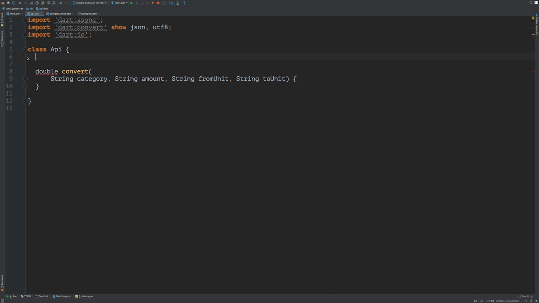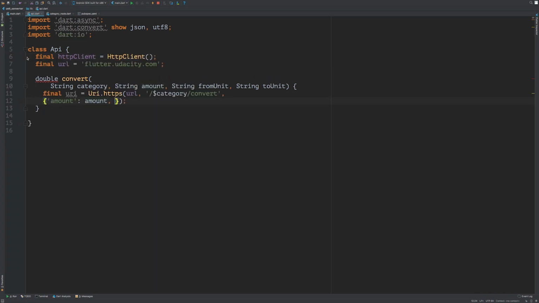Connecting to APIs can be done with the HTTP client in Dart.io. We create a HTTP client that points to our endpoint. Our current app does not require authentication or an API key, so we just hit the endpoint with our to, from, and amount query parameters to get the unit conversion that we want. You can try out some queries by going to